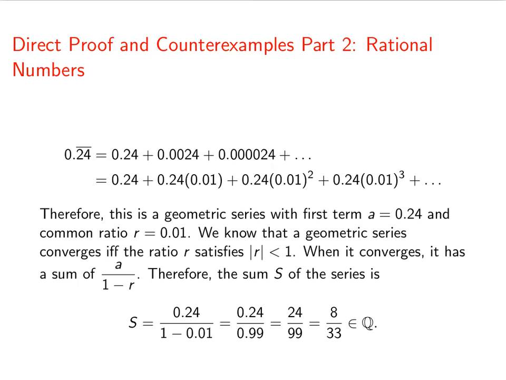This general method can be used to show that any repeating decimal, even if the repeating portion doesn't start right after the decimal point, any number that's at least eventually repeating, can be written as a fraction. We're actually going to give a proof of this later on. We'll carefully write out the proof. But for now, this is the general method that we can use to write infinite repeating decimals as rational numbers.